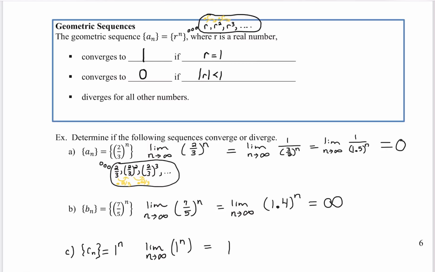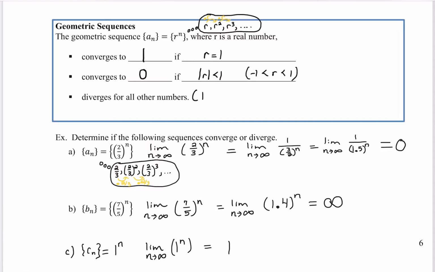The other way to say that then is if that ratio is something in between -1 and 1, something like 2/3. And then it diverges for all other numbers, something where the common ratio, where its absolute value is bigger than